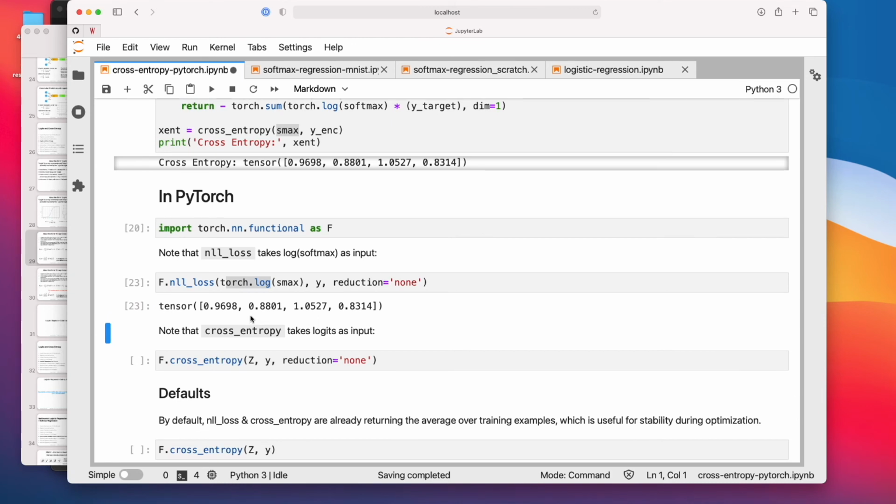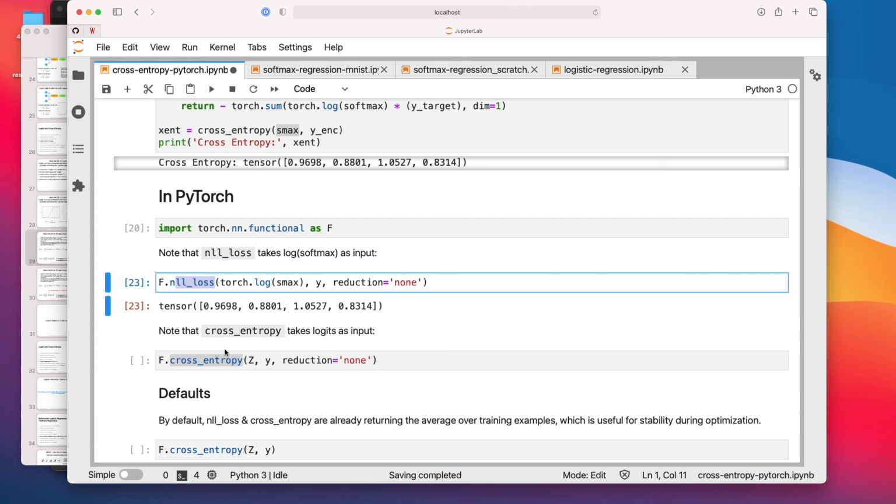They accidentally sometimes provide the wrong inputs and then get weird results, and then the networks are not training. In practice, I recommend using this cross entropy function over the negative log likelihood function. This is numerically more stable. So if you train deep neural networks, the gradients and everything will be more stable if you use that one. Mathematically, everything would be equivalent if we use negative log likelihood loss or cross entropy in PyTorch.